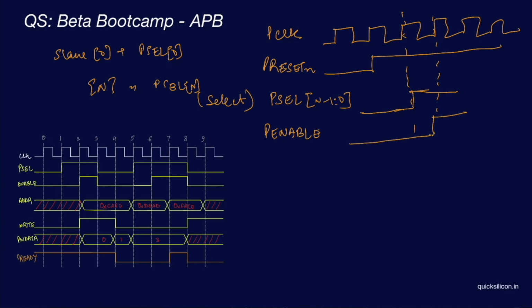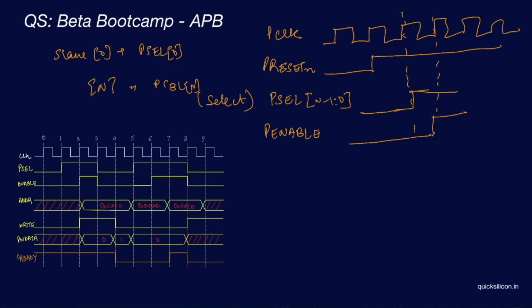The reason it takes one cycle is that in most scenarios, your SOCs implement clock gating. So if a particular device is not active, it will be in a low power mode. That is why the protocol sends a select and an enable signal. The select signal will wake up your device, and on the next cycle it will see that PENABLE has come, PSEL was also for me, this transaction is meant for me, so I'll do what is needed to complete it. So PENABLE is an enable signal which tells you that this transaction is ongoing.